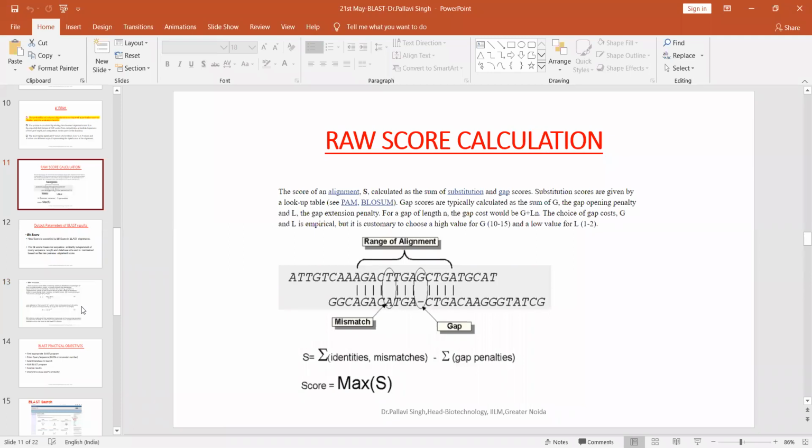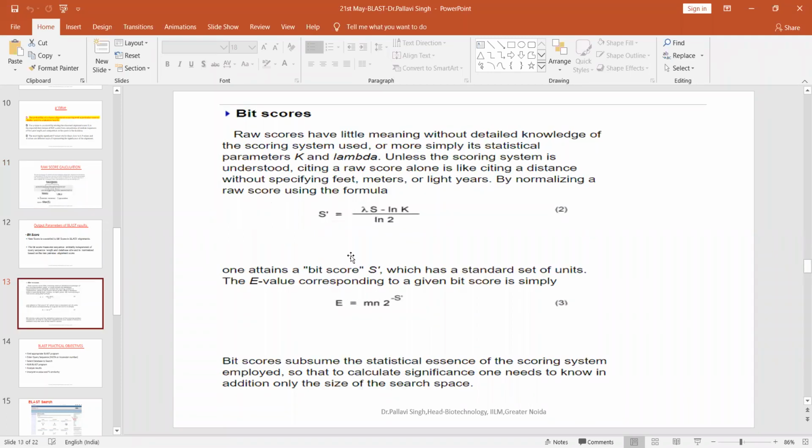Then after the raw score, I need to convert this raw score into a normalized score of alignment known as the bit score by using the statistical parameters lambda and K. This is the formula: how do I convert my raw score S into a bit score S'? And using your final bit score, we find out the expected value. The expected value is dependent on the sequence lengths of both sequences, m and n.